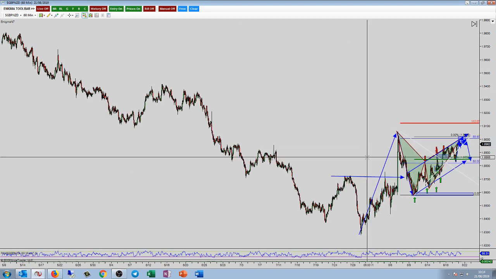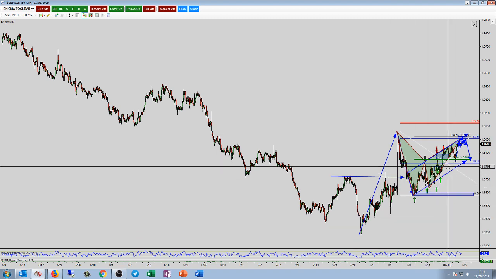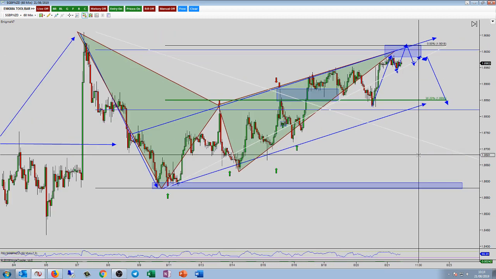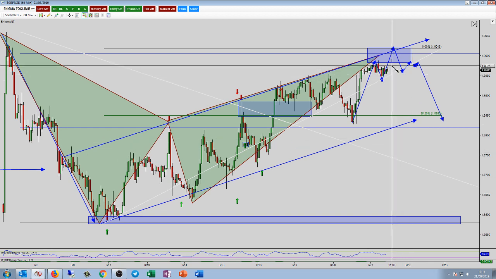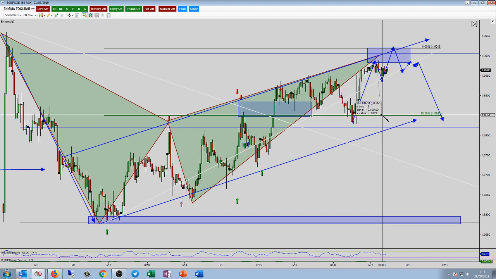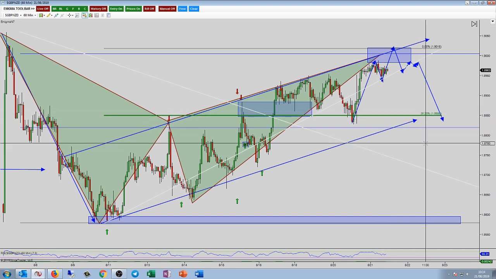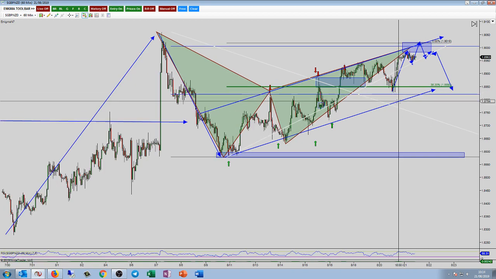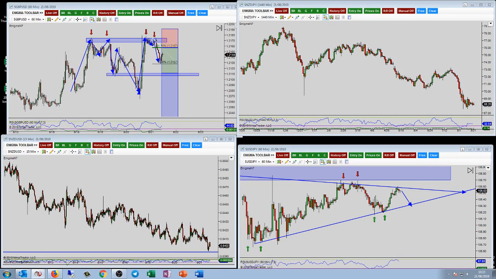Targets on this pattern would be a 382, and you could hold for the breakout of the channel if you believe we're going to go bearish, and that could offer you something like 124 pips. Not quite as big as I thought. So that's the Pound New Zealand for me, guys. Been monitoring that one as well to see if we do get some form of entry on that bat and the channel.